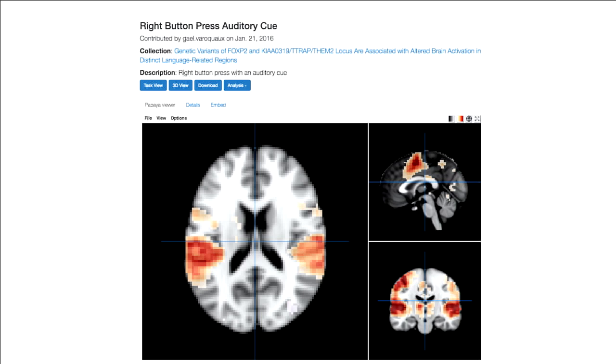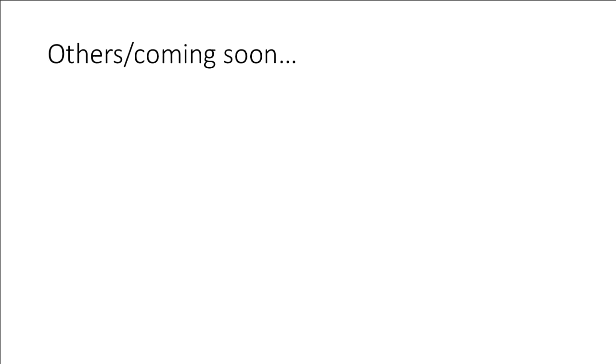Now, I mentioned that there are other things you get out of this. It's not just being altruistic and sharing. For every map, there is this very important analysis button, and we let you do cool stuff with that. So you can actually interpret that image in various ways. You can find other images that are like it, and Russ will talk a lot more about that, so I'll stop there.